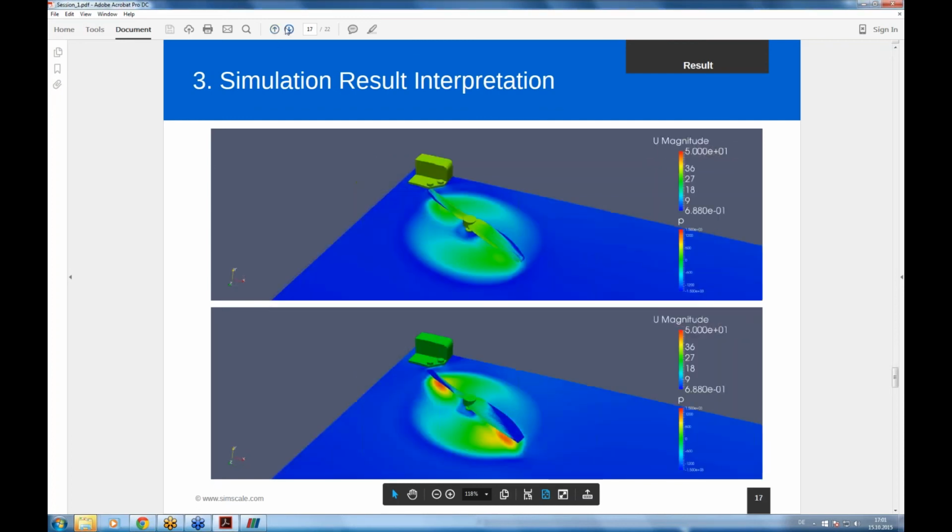Then here we have again the pressure distribution on the drone, and then the velocity magnitude in the plane below the propeller,